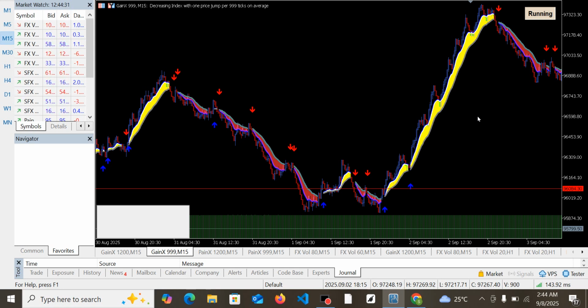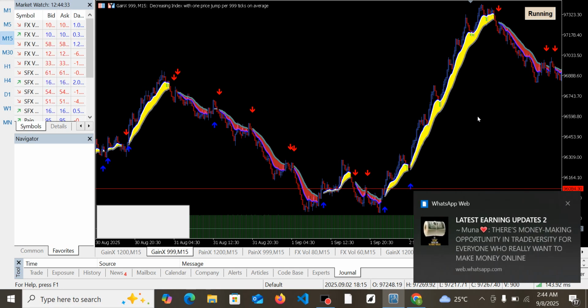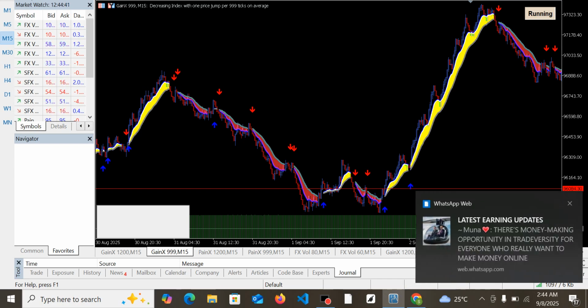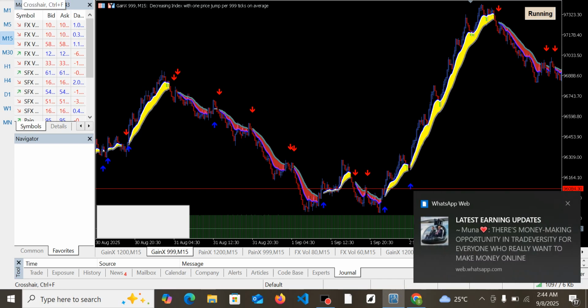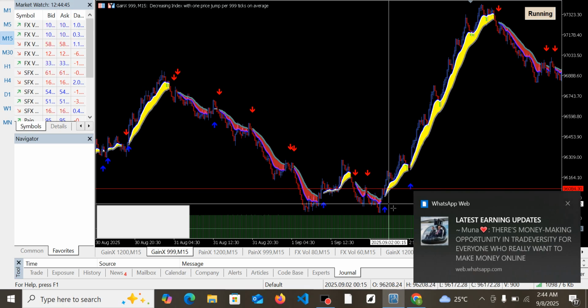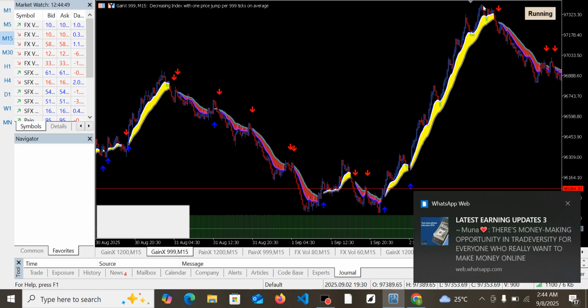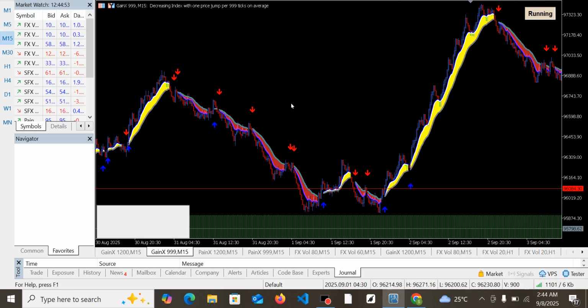Okay, guys, a few days ago we traded this particular asset. We traded spikes on it and made a lot of profit. This is the section which we traded. You can see right from here till this very end. You're going to be amazed when you know the time frame we are using right here, and we made a lot of profit right from here.